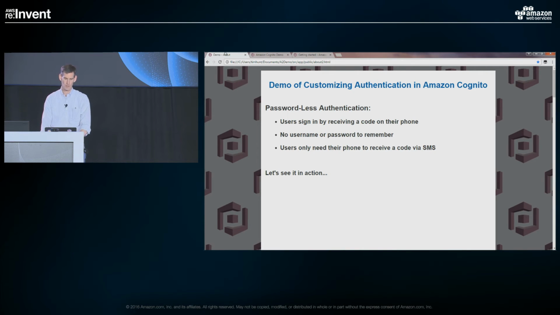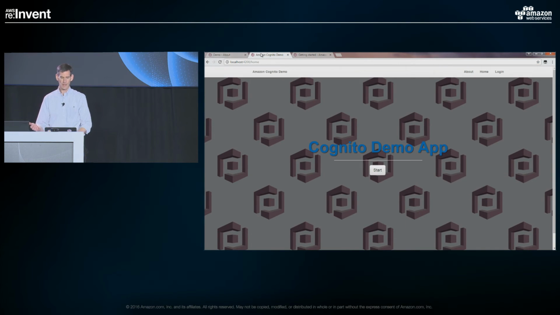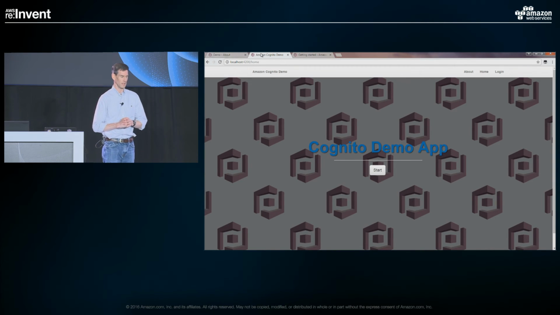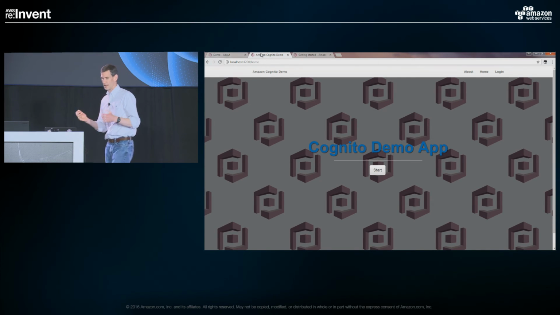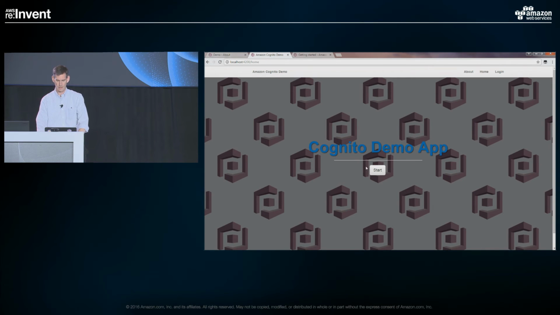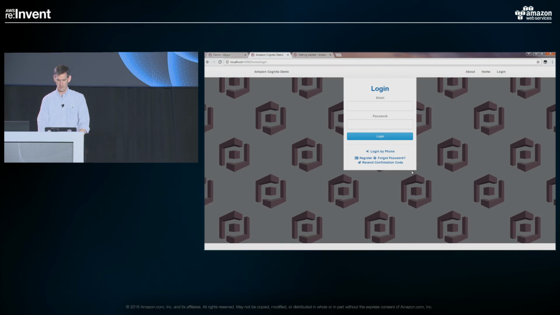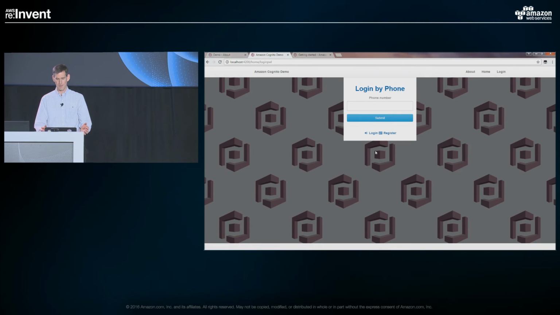So I'm going to start by showing you this in action. I've got here a simple web app. This is based on a demo you can download today. It's open source in GitHub, and you can find a link to it from our webpage. And it shows you generally traditional login screens, where you could register or do forgot password, the basic flows, how you can use our SDKs and APIs. But what I've added is this new option for a customer. I could have made it default. All these choices are up to you as a developer. But this is that new login by phone, passwordless approach.